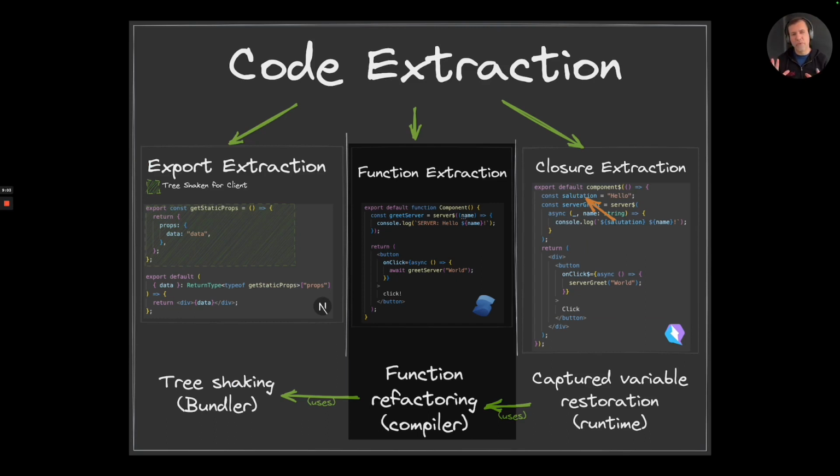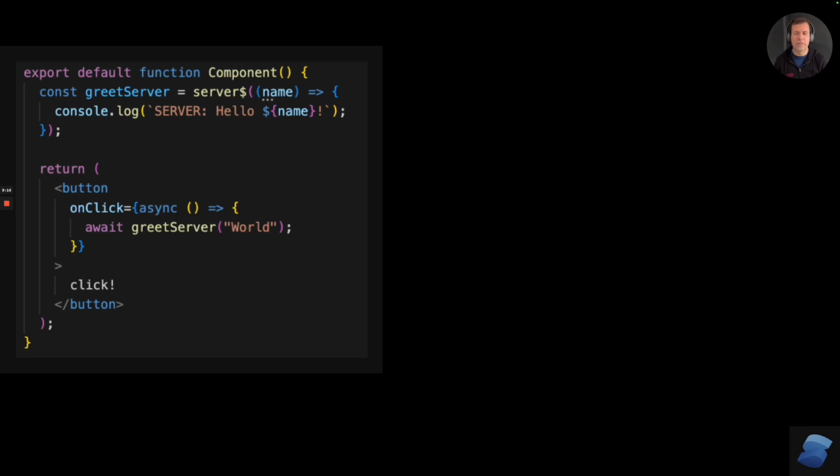So what we talked about so far is kind of what's happening today in many meta frameworks. This is a new kind of stuff, function extraction, that is up and coming. And for example, Solid.js has just integrated it in. So let's zoom in on that. The idea behind it is, what if you could mark a particular function, such as over here, as being a server function? And let's mark it using a special function called server$. And by marking it, you are basically telling the system that this piece of code is on the server, whereas the rest of the code is on the client.